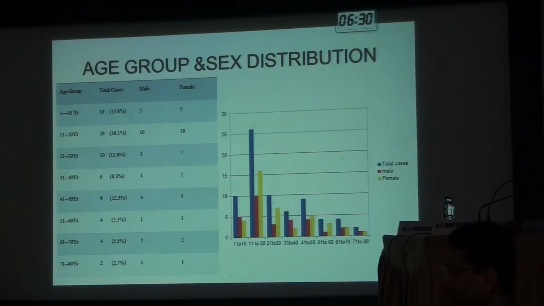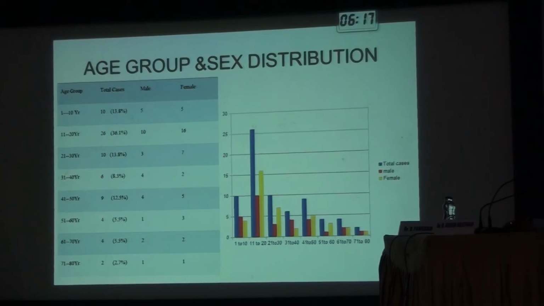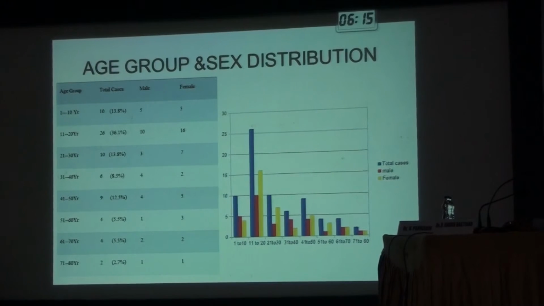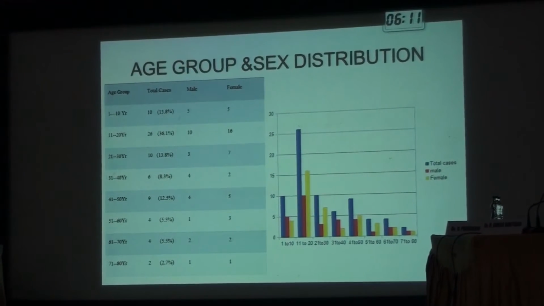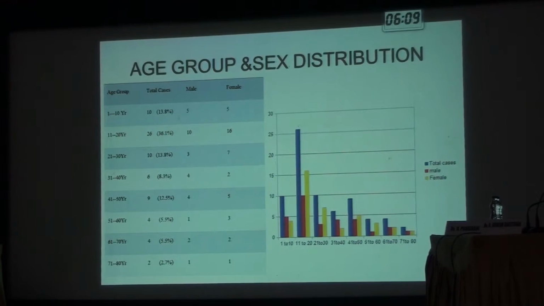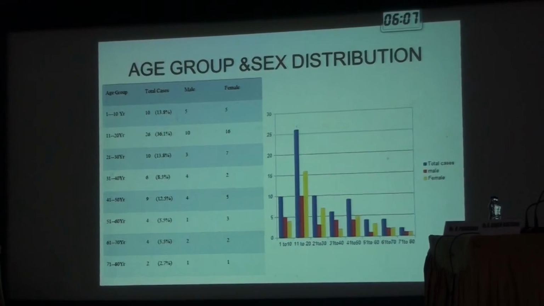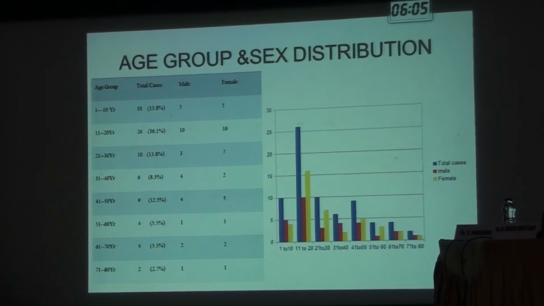So, this is the most important part, coming to the distribution based on age group. Patients aged from 1 year of age to 72 years were part of this study. We have such a vast range, and we have seen that the relatively younger age group, that is from 11 to 20 years, were the majority, comprising 61% of all the cases. And amongst these, 16 cases were female and 10 were males.